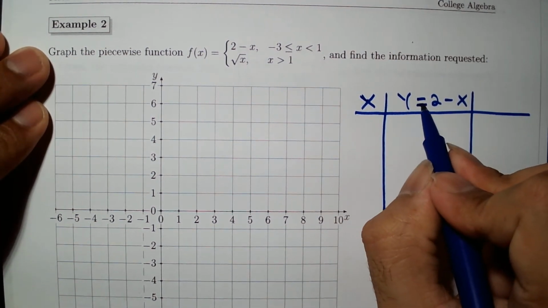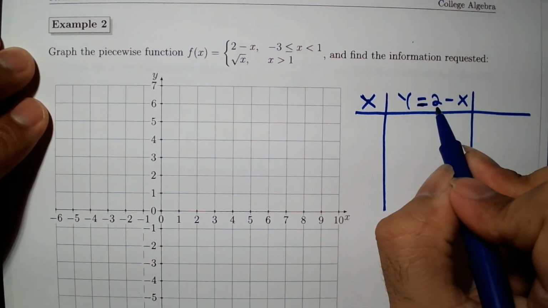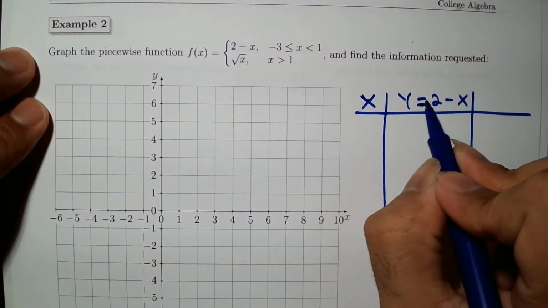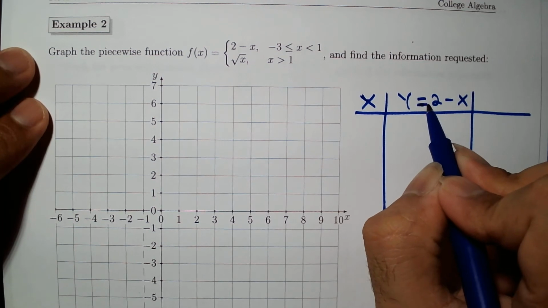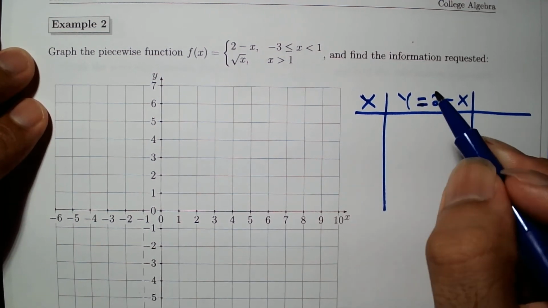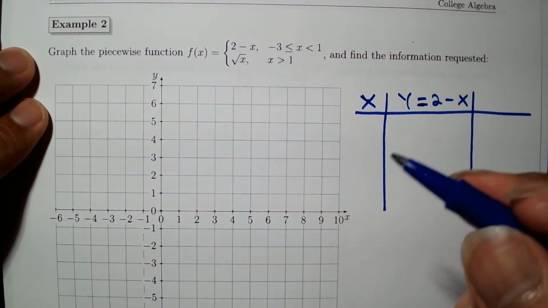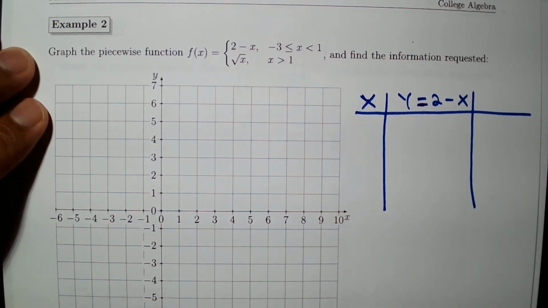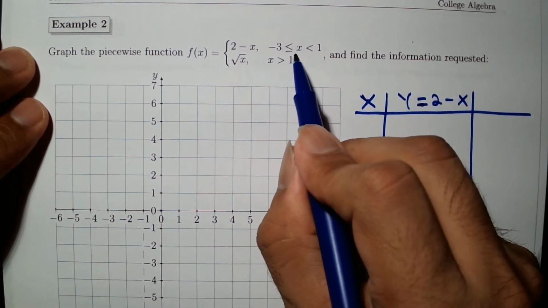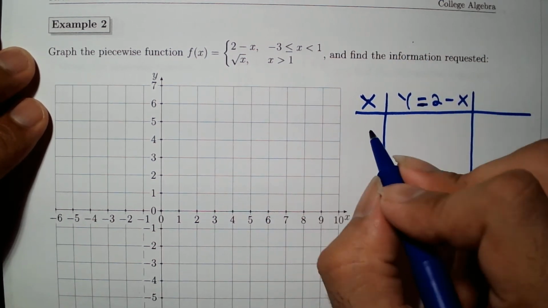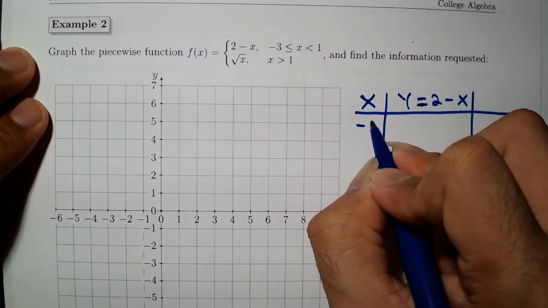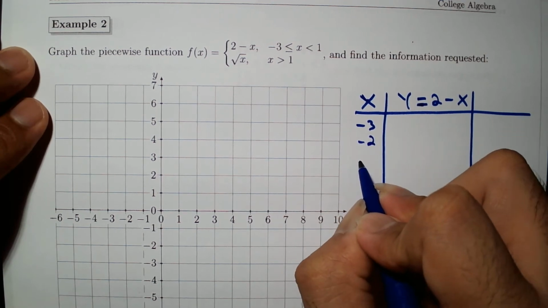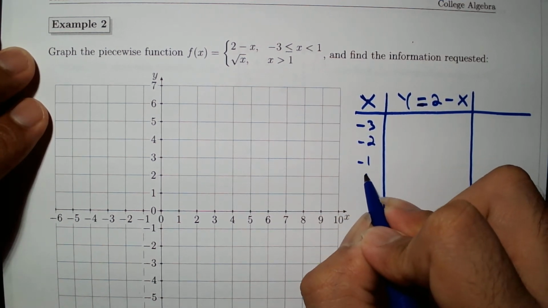If we focus only on 2 minus x, this is a polynomial function, and the domain of a polynomial function is the set of all real numbers. That is, we can plug in any number at will. However, in this case we have this restriction and we can only plug in numbers from -3, -2, -1, 0